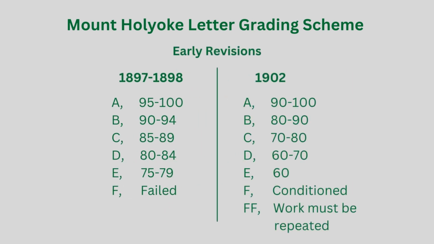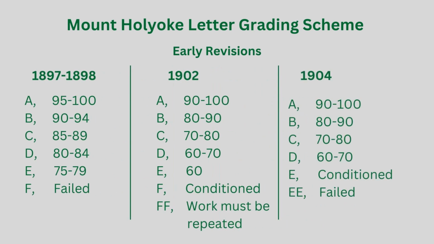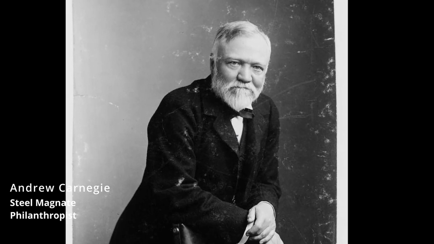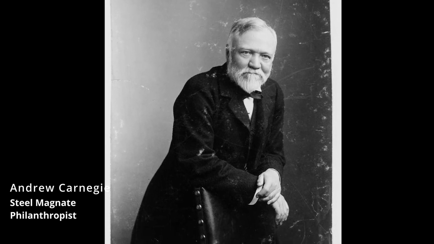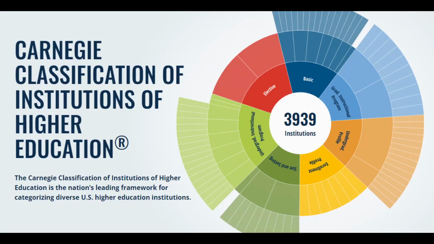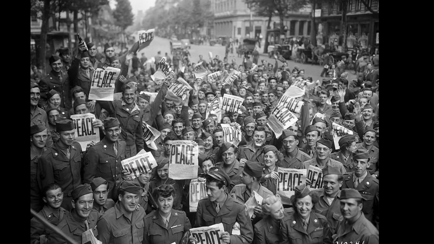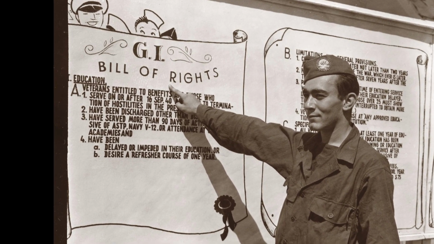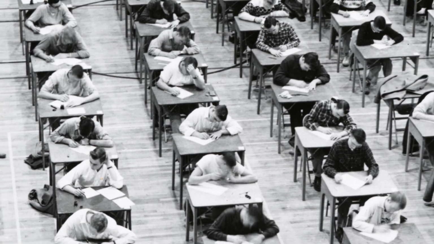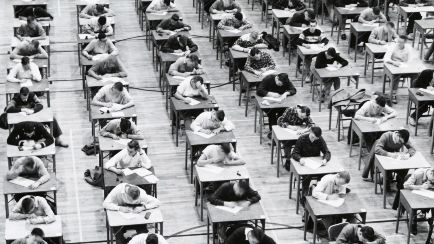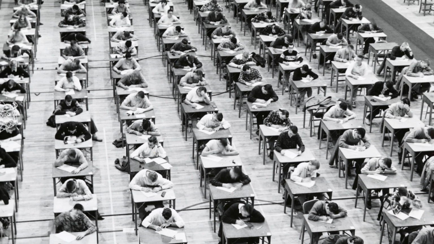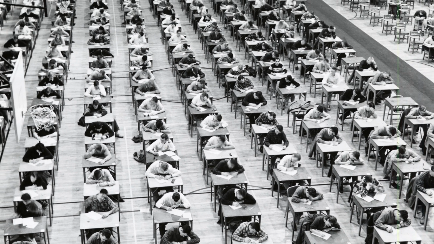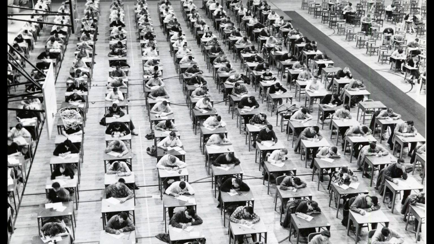This grade scheme was revised multiple times over the first 10 years it was in use. The adoption of the Carnegie Unit in 1905 led to significant standardization across institutions. But it wasn't until after World War II that we see the massification of higher education. Even with the push for standardization, it took until 1970 for the letter grade scheme to reach an 80% adoption